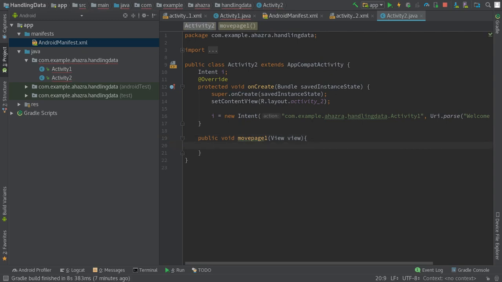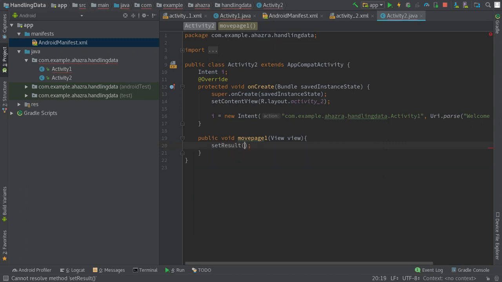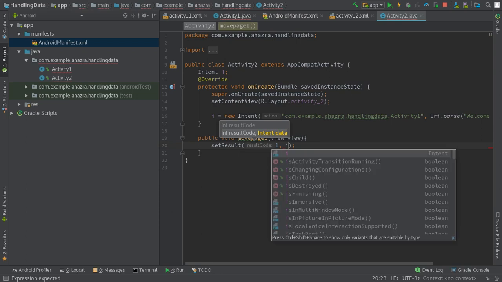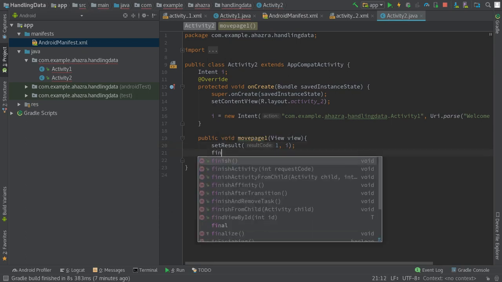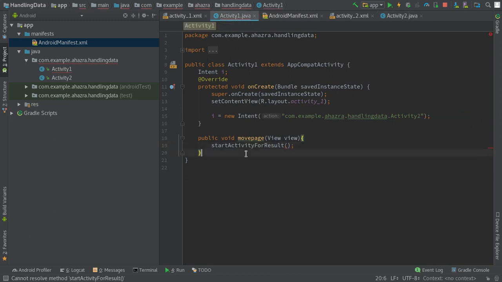And when the button calls this method movePage1, it calls the setResult method to return a result to the first activity with the result code, suppose 1, and the intent object i, and then it finishes the second activity. When the setResult method executes by passing the intent object and the result code, it calls the first activity's